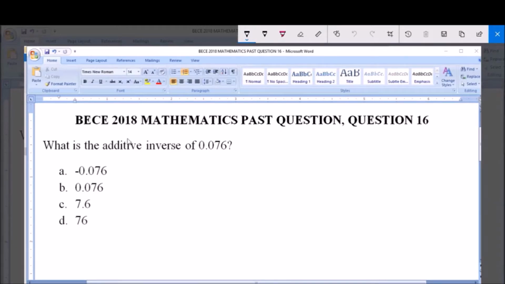So we are asked to find the additive inverse of 0.076. Now the first thing that will come to your mind is, what is additive inverse? Now the additive inverse of a number is the number that will be added to that particular number which will give us 0. What do I mean? Let's take for instance we have the number x. Now the additive inverse of a number x is the number